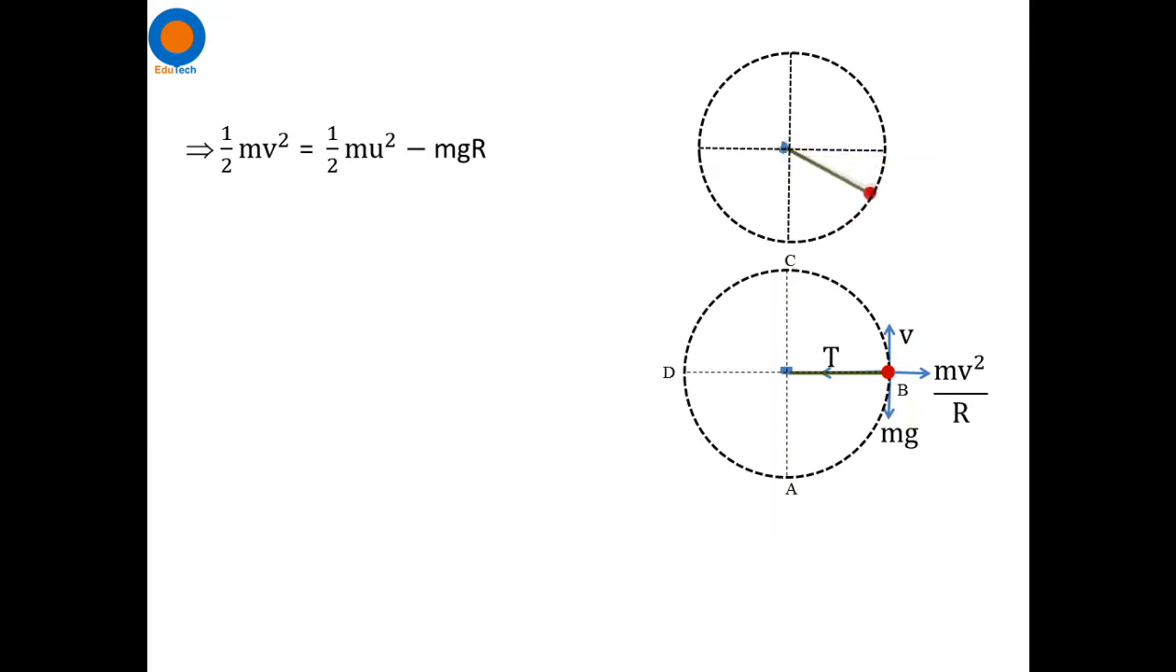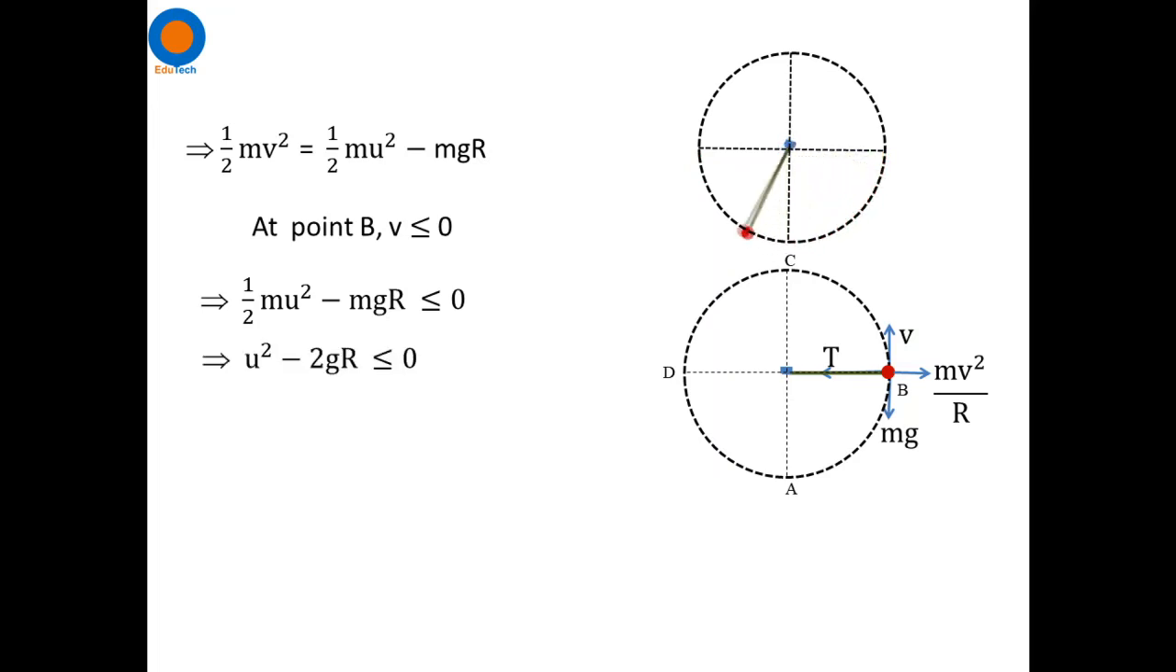That is half mv square is equal to half mu square minus mgr. Getting it? But what is the thing? Velocity v should be 0, or the final velocity should be smaller or equal to 0. Getting it? From here we get half mu square minus mgr should be smaller than or equal to 0. Cancel the mass m, and by rearranging the terms we get u should be smaller or equal to root 2 gr. Getting it? If initial velocity u is smaller than root 2 gr, then it will show pendulum like